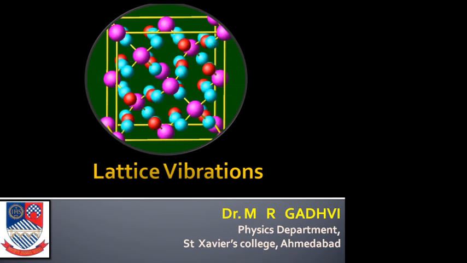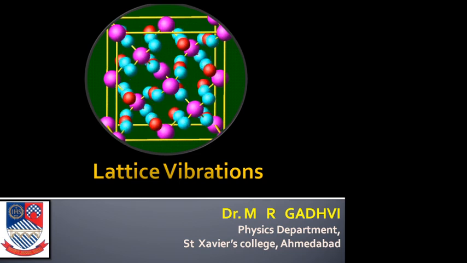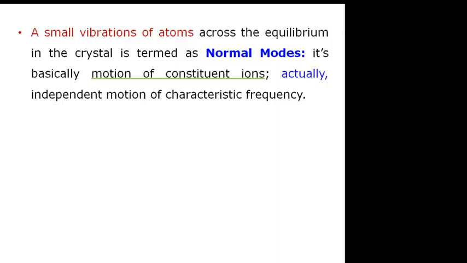In the previous semester, we have seen the lattice, varieties of lattice, that is the Bravais lattice, and later on we focused on crystals, types of crystals, Miller planes, X-ray diffraction, reciprocal lattice, and so on. In the present lecture, we require a little bit of prerequisite regarding the crystal and the lattice.